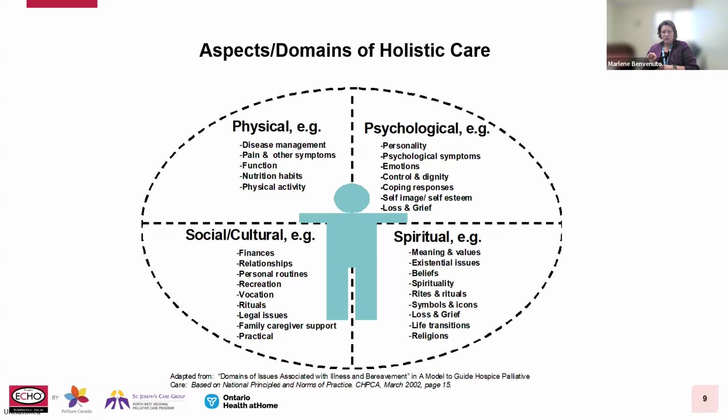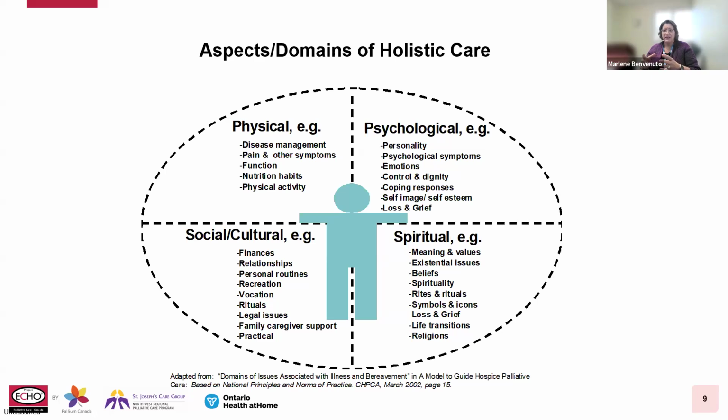How would that affect their control and dignity? Really, their self-image. How do they cope with that? Or, losing that ability. How do they deal with that loss of not being the person they once were, or those uncontrolled symptoms? And then you can go one step further and see how that might impact someone spiritually,